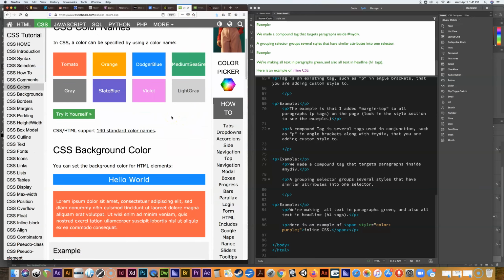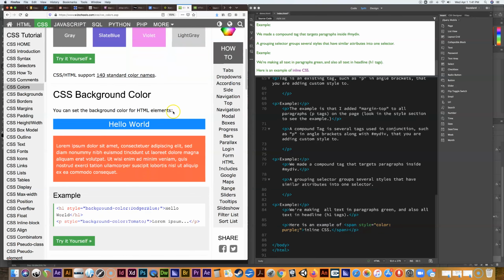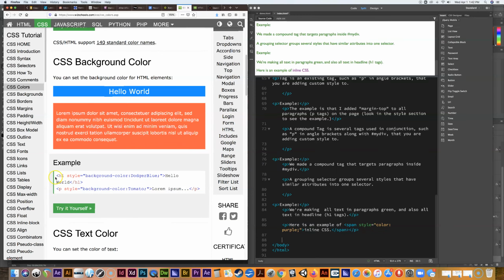Okay, so down here, they talk about using background colors. They say you can set the background color for HTML elements. And for example, they've got an H1 tag here, which is the hello world. And it's styled with a background color of Dodger blue. So if we want to try that ourselves, we can put an H1 tag in down here. Of course, Dreamweaver is going to close that off for us. We can type in hello world,